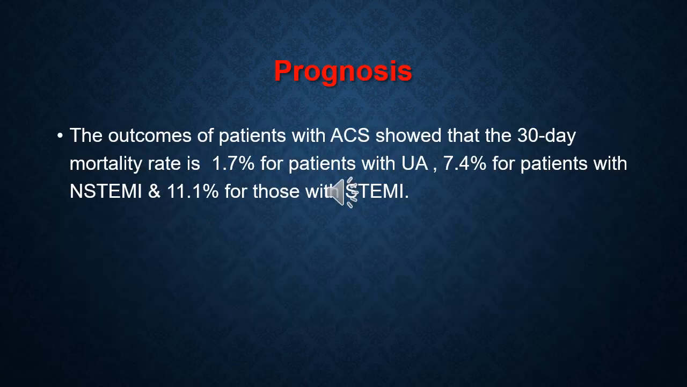About the prognosis, patients with acute coronary syndrome have a 1 month mortality of 1.7% if the patient presents with unstable angina, compared to 7.4% if the patient has non-STEMI, and 11.1% if the patient has STEMI. And this mortality rate can be greatly reduced if the patient has early treatment, especially if he has been